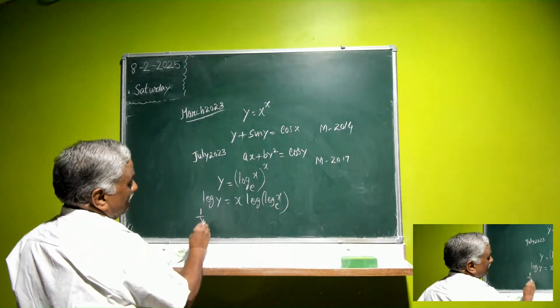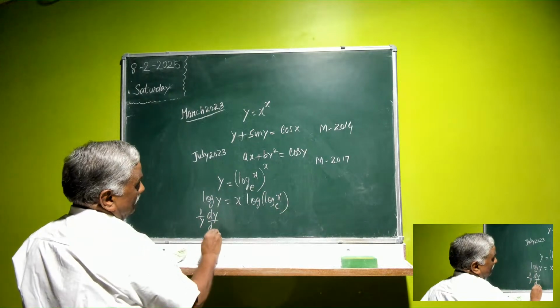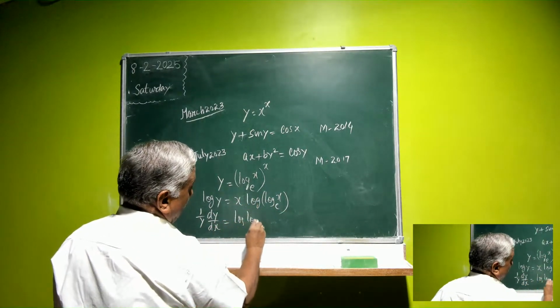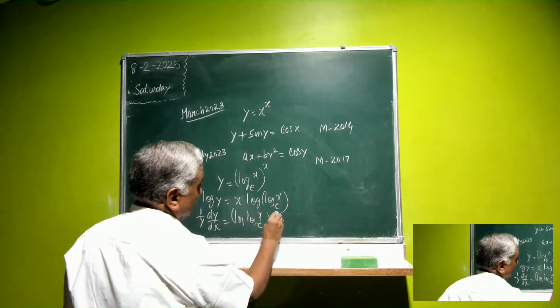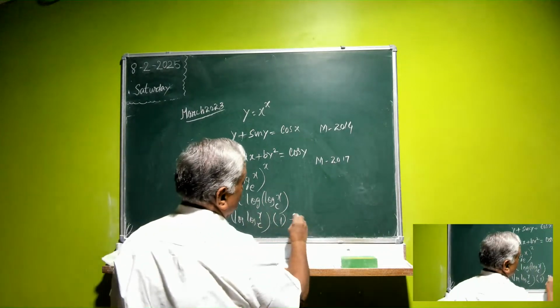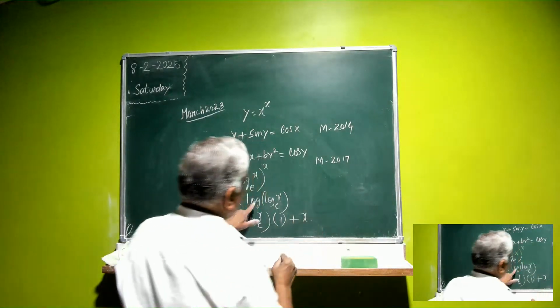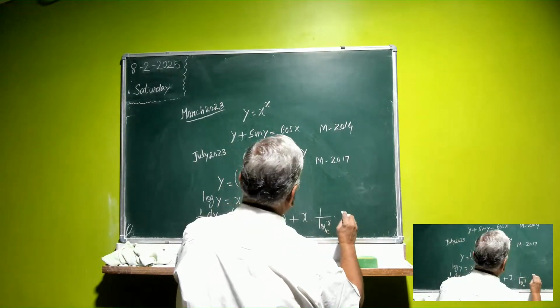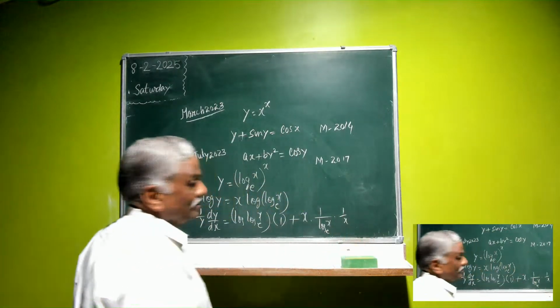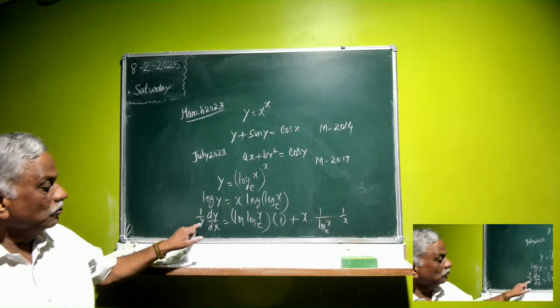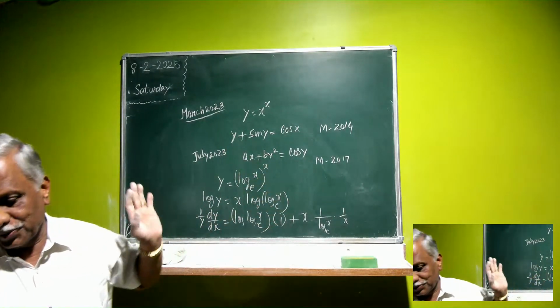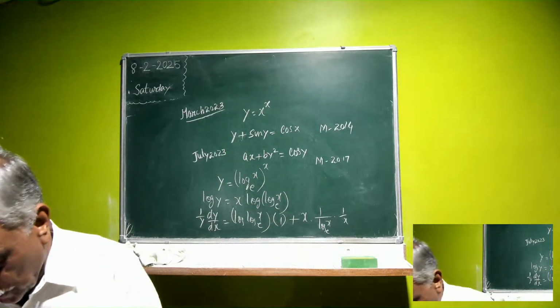Differentiation of y is 1 by y dy by dx. It's a product rule. Log of log x to base e, leave it as it is. X is 1 plus keep x as it is. First differentiate log, you get 1 by log x, and then differentiate log x, 1 by x. I'll skip this, afterwards you should take y to that side and write the value of y. Okay? We'll move on to